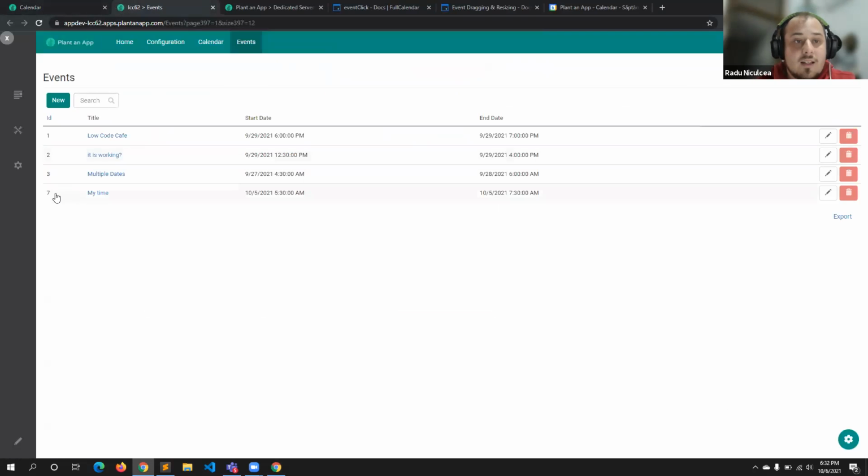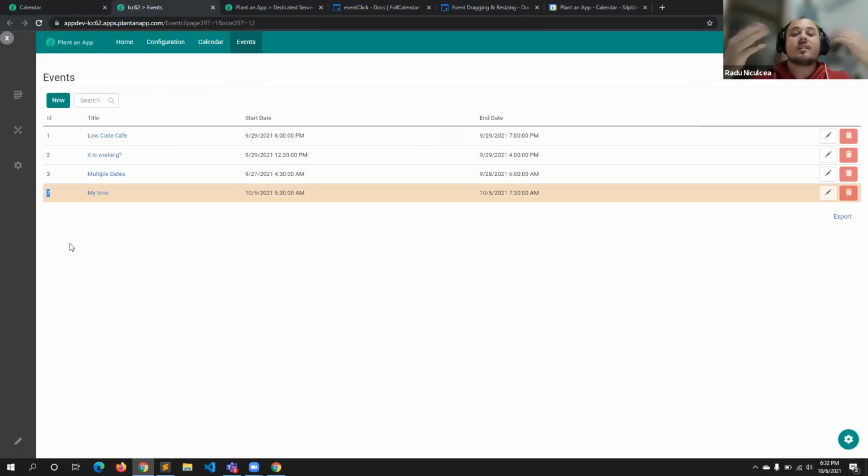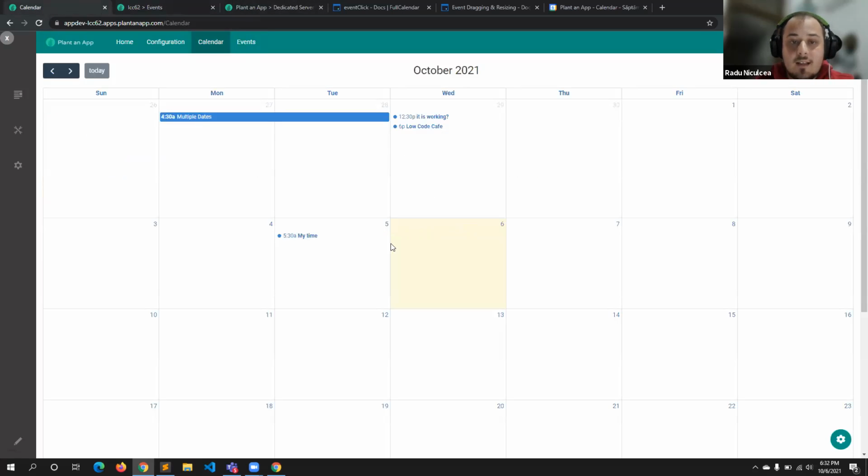So the public ID that you are seeing here is actually the event ID that I was passing when generating the calendar. This is something from the previous episode, how I was generating the calendar. So now that I know what I need to do to get this ID, I think I can move for the moment to creating the actual form for editing the event.